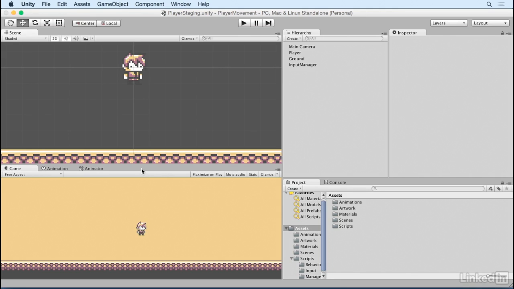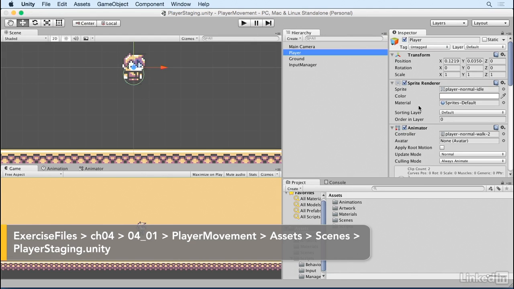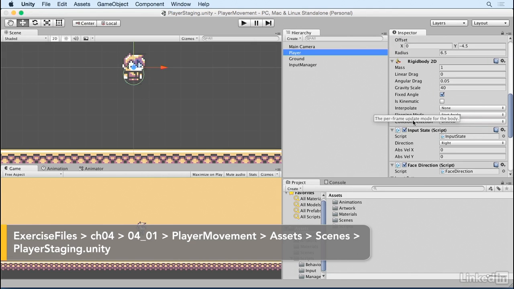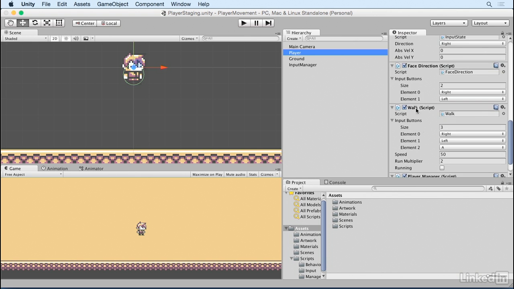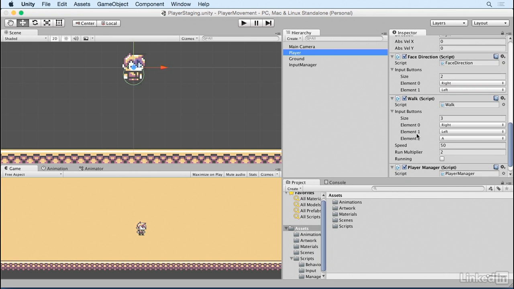So at this point, our system works really nice. If we look at our player, we have separate behaviors for each of the things that we want our player to do. We have one that manages the input state, we have one that manages which direction to face, and we have another for walk. As we continue to grow these behaviors, though, we really can't guarantee the order that each of these scripts will